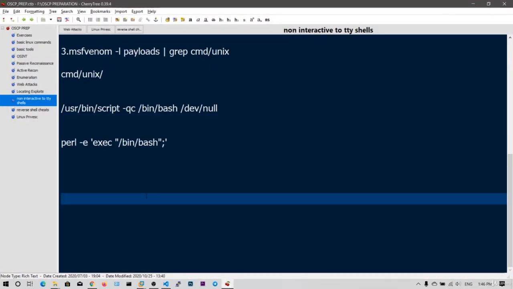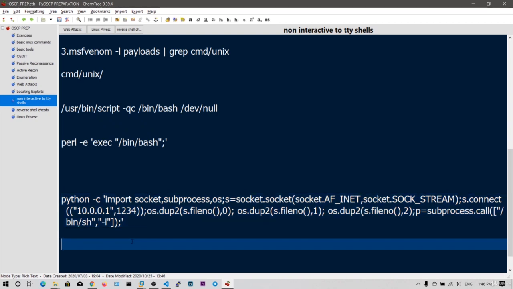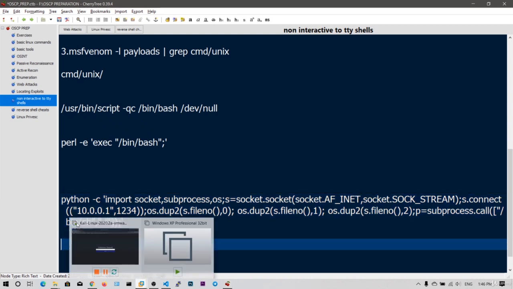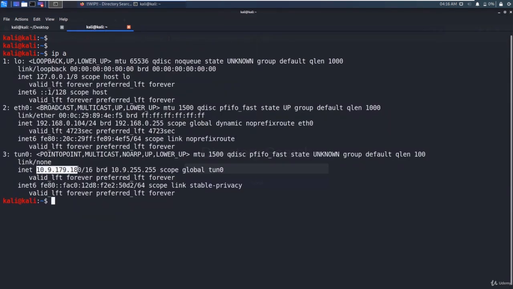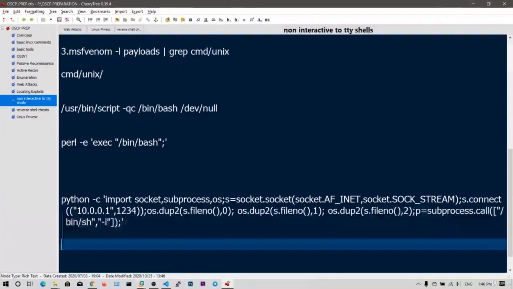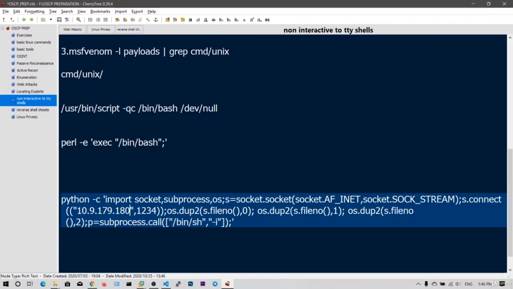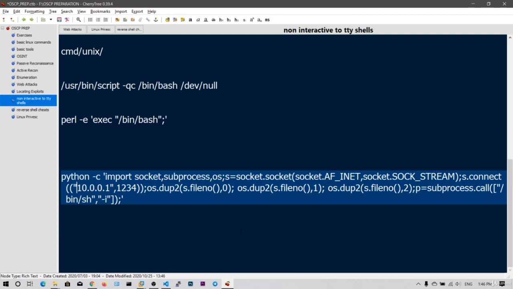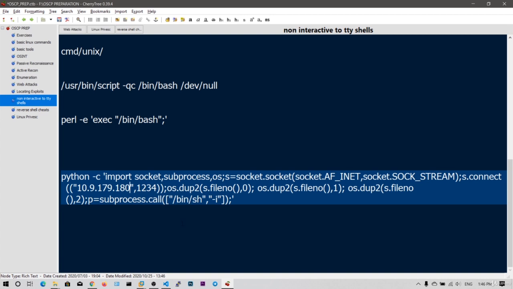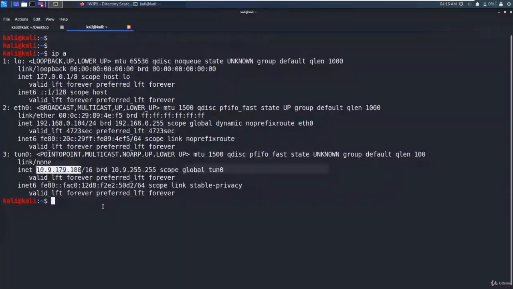Now let me copy this, and now I am going to change this IP address. Now let me copy this and start the listener on port 1234.